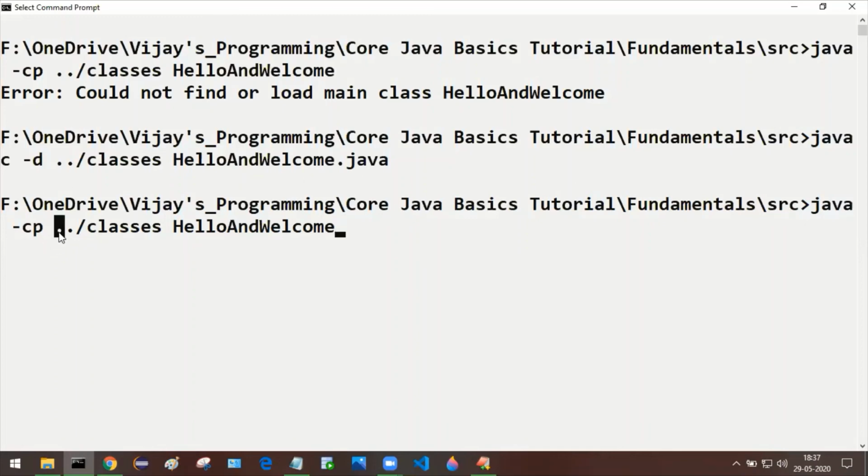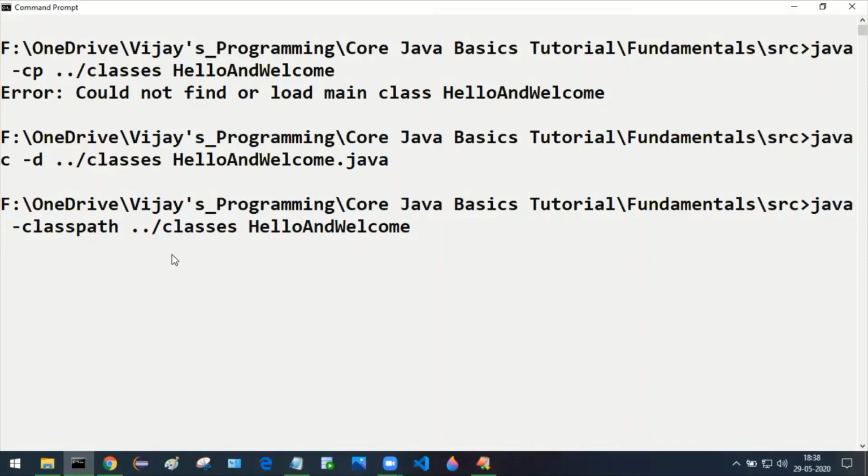That is why we are giving the double dot here. And here we can find the classes folder, and there you can find the hello and welcome dot class file. That particular file needs to be executed by using the java command. Here in short I have given cp. You can give it like this as well: class path. Like that also we can give.